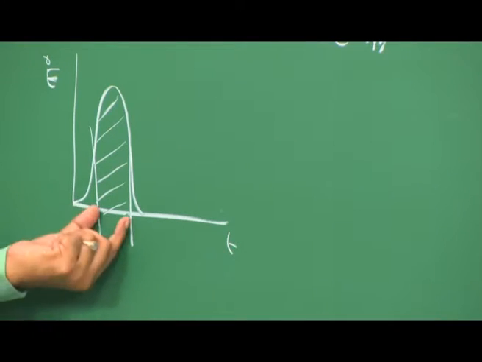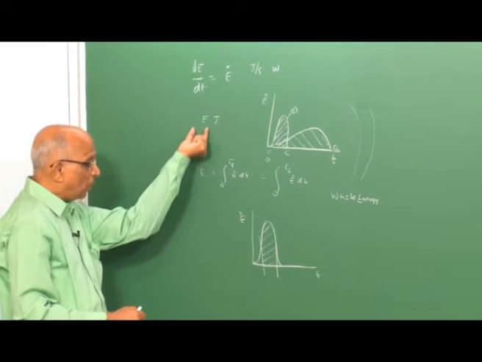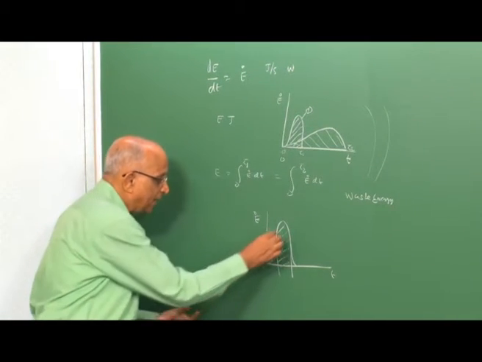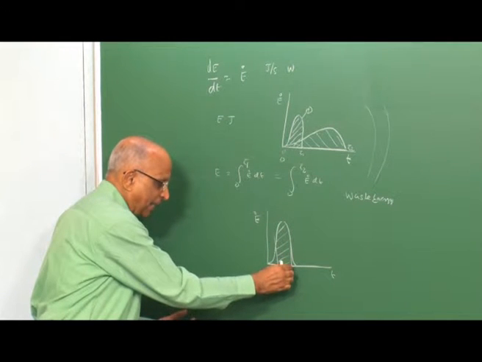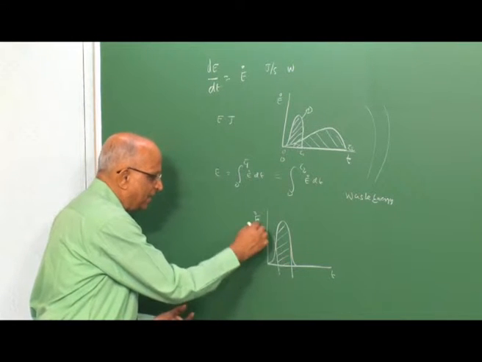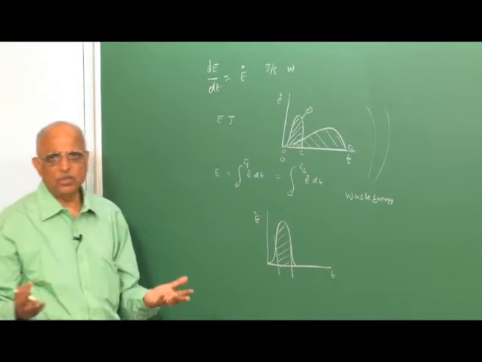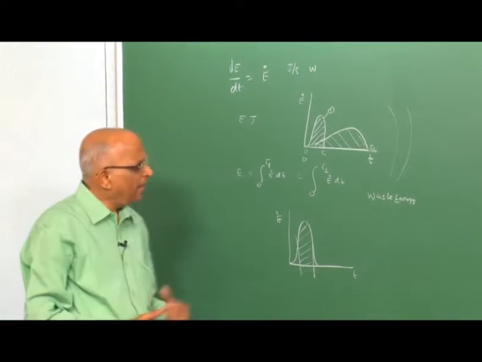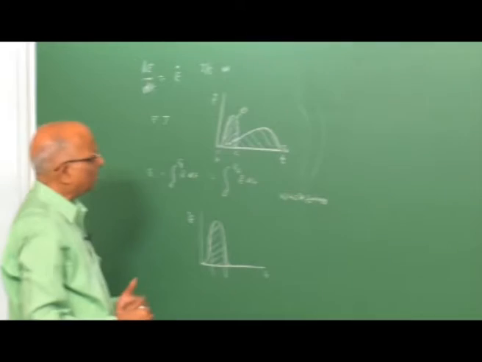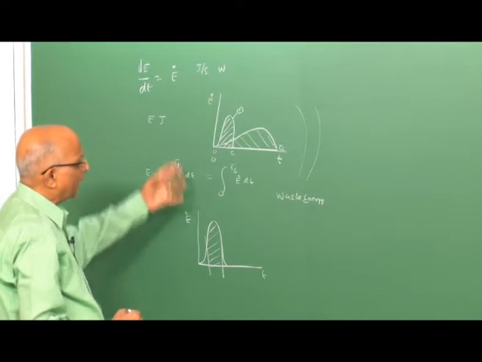Therefore, in today's class, compared to what we did on the total energy, we take a look at this particular time, that is the characteristic time of energy release, and the value of dE by dt. This is what I will be doing today. Having said that, let us go back and take some examples so that we can understand this better.